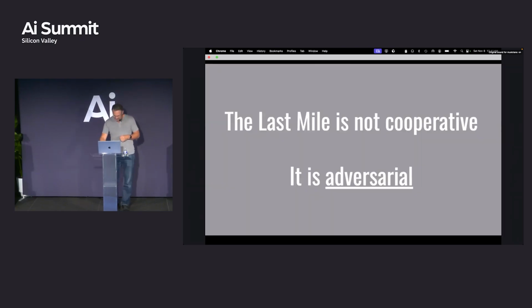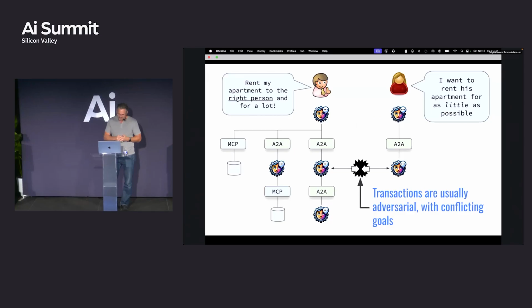So with that said, and I think I already mentioned this, last mile, interestingly, most of the agentic systems these days are fully cooperative, which means you wire up an agent, the agent talks to another agent, and they're all part of the same company, employees of the same company, and they have to work with each other. What's interesting about the last mile stuff here is that they are agents working for two parties. I want something, you want something different. They need to figure out how to come to some resolution or agree that they can't agree, one of the two. It's adversarial.